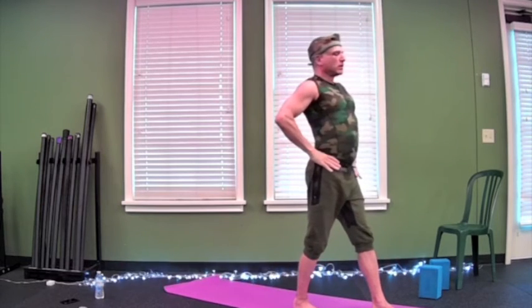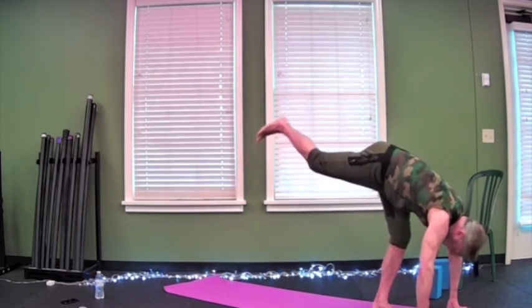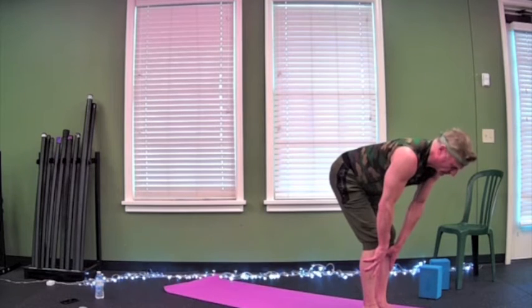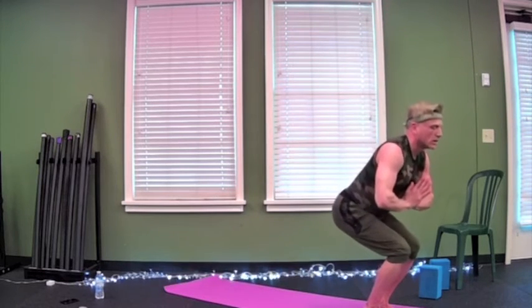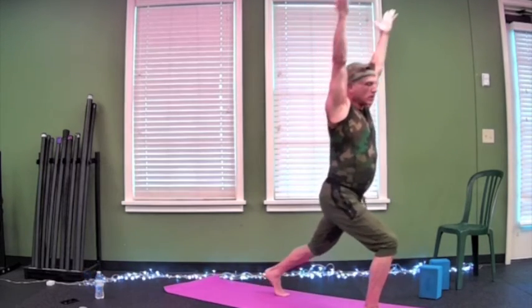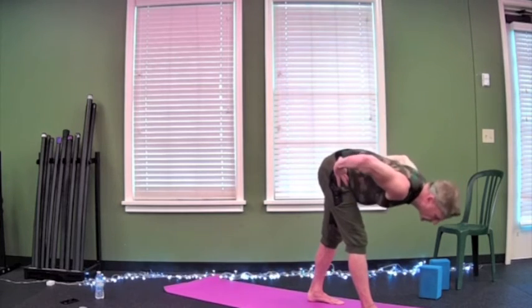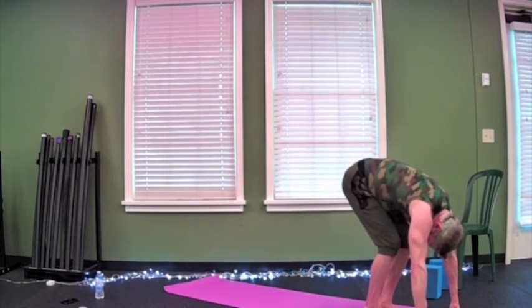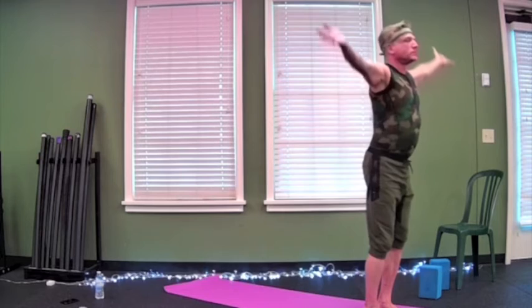pyramid prep, folding into pyramid, warrior three, standing split, forward folds, halfway lift, forward folds, rise, through chair, rise, heart center, right foot lunge, warrior one, pyramid prep, pyramid, warrior three, standing split, forward folds, halfway lift, forward fold, rise up, through chair,